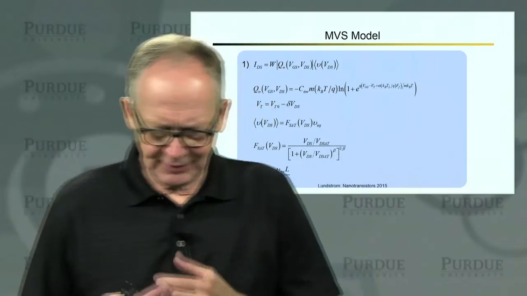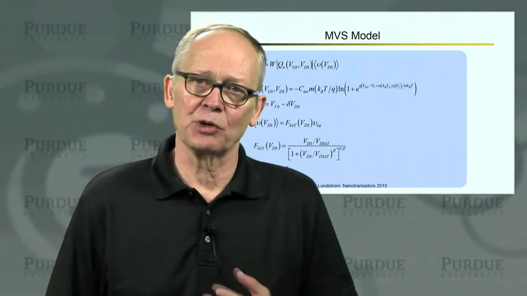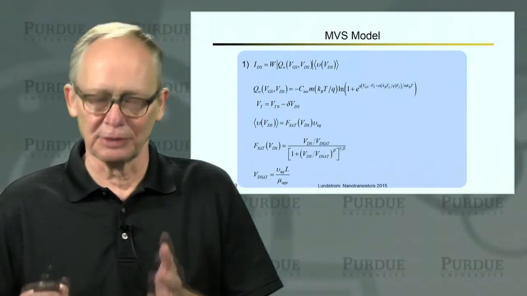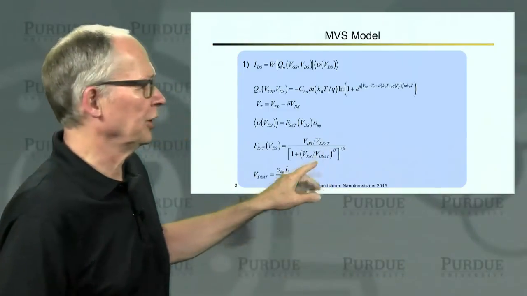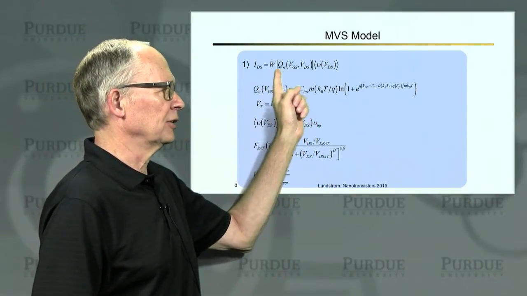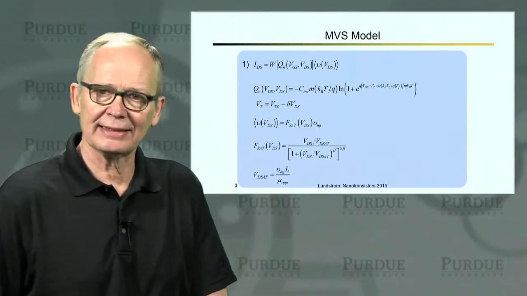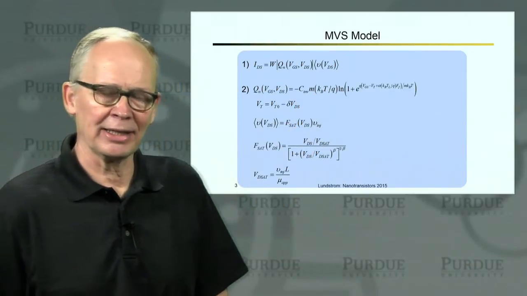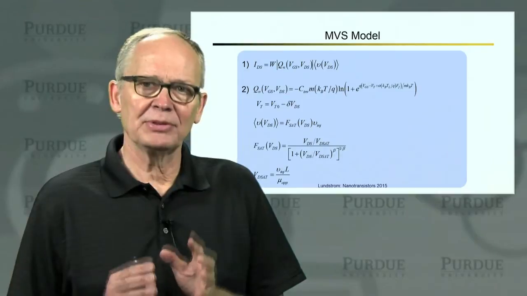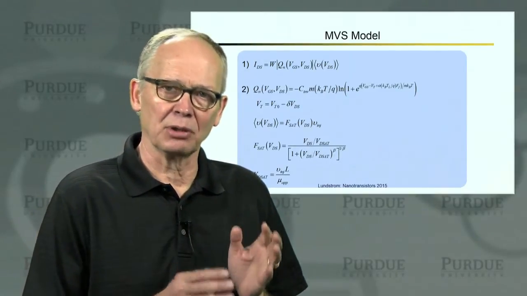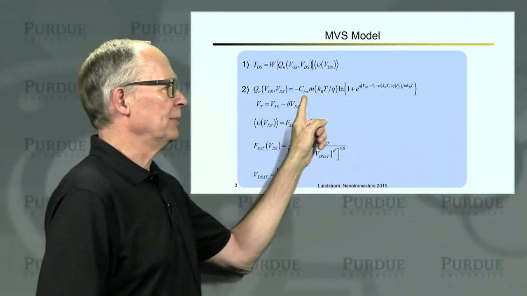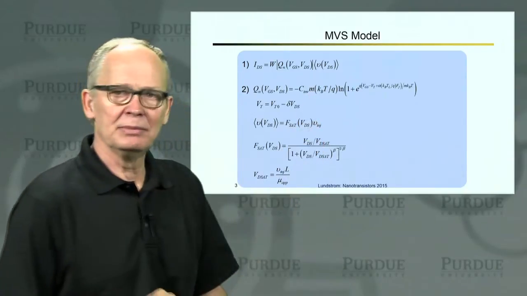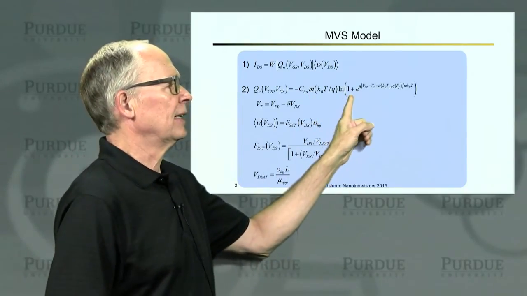Now, these basic ideas have been implemented in a much more comprehensive model by the MIT group. We refer to that as the MVS model, MIT's virtual source model, and that model is summarized here. We begin by saying that the drain current is width times charge times average velocity at the virtual source. We have an empirical, or semi-empirical, expression that describes the inversion layer charge continuously from below threshold to above threshold. Some key parameters are the inversion capacitance, C inversion, and M, the subthreshold slope parameter, kT over q.